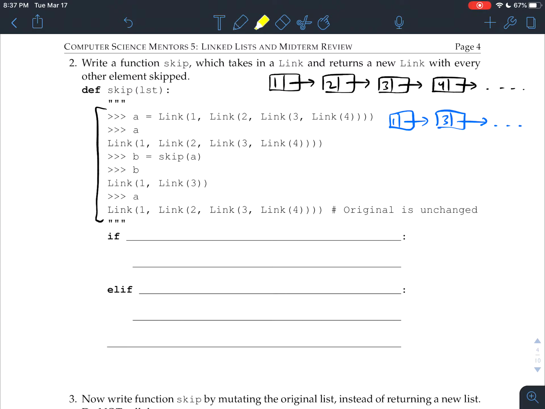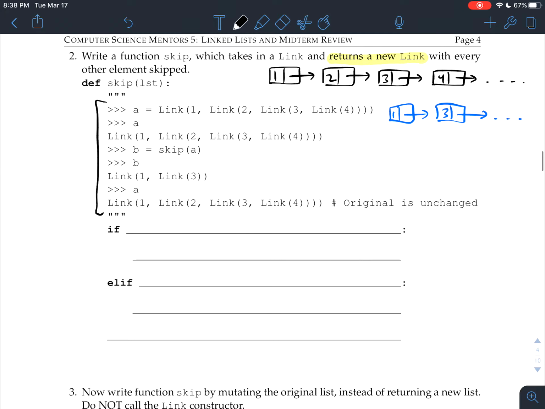Well, let's keep an eye on a few key things. Notice that this problem says that we need to return a new link. So let's have that as our starting point. If we need to return a new link, that means whenever we return something, it has to be using the Link constructor. We have to be creating a new Link object rather than returning a reference to the linked list we are working with. So what that means is that likely somewhere we'd have to do return Link and the creation of a Link